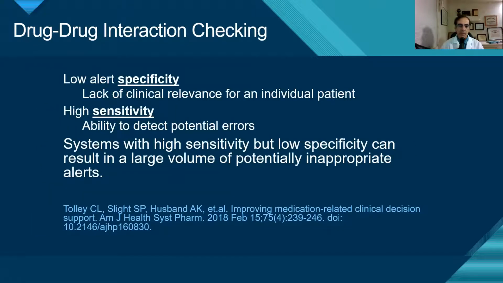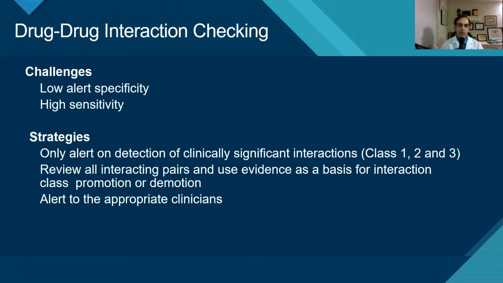Low specificity and high sensitivity can lead to a lot of inappropriate alerting with drug-drug interactions. So what do we want to do? We only want to alert when there's a truly significant interaction. And for your prescribers, for your providers, maybe you want to only alert on class 1 and 2, and maybe for your pharmacist reviewing the order, alert on class 1, 2, and 3 drug interactions to minimize the pop-up warnings